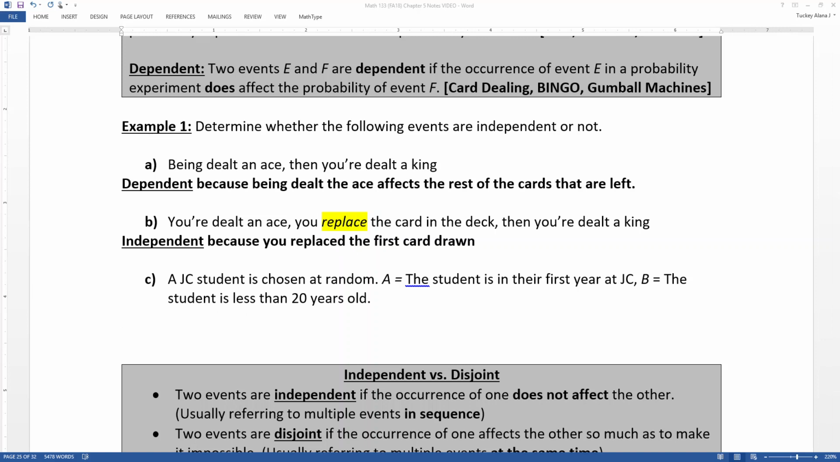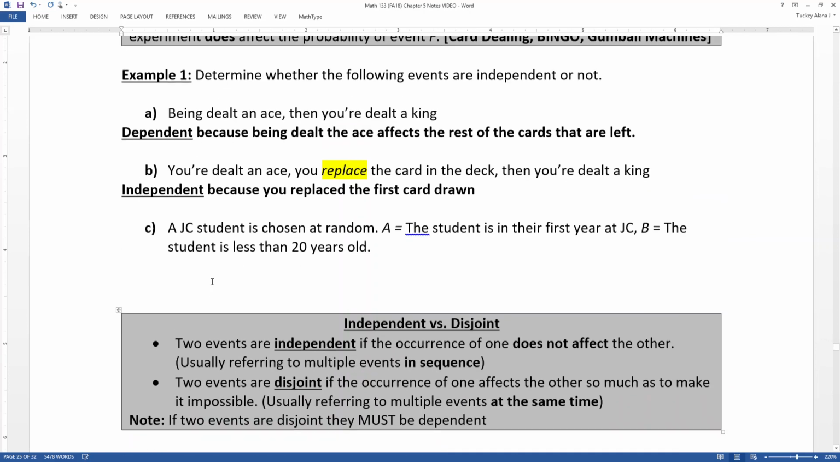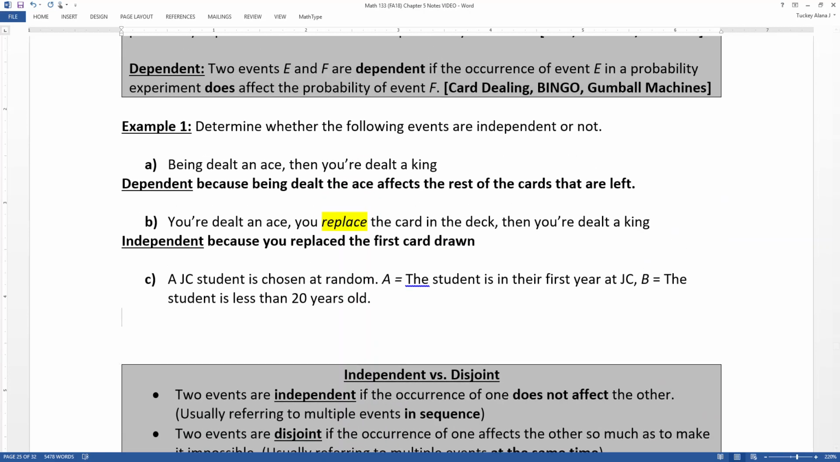All right, now what about this one? A JC student is chosen at random. The student is in their first year at JC and the student is less than 20 years old. Now you might be thinking independent. People could be any age and I get what you're thinking, but no, it's actually dependent. And here's why. If I know that the student is in their first year, if I see them in my class and they say, hey, I'm in my first year at JC, then the chances of them being 35 years old